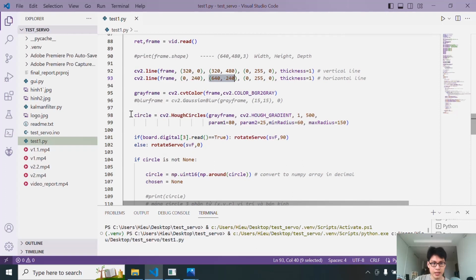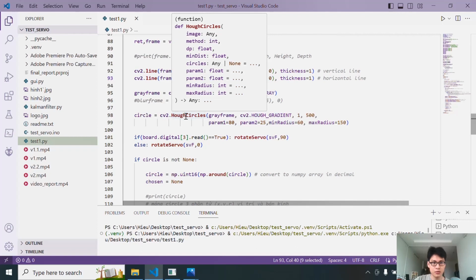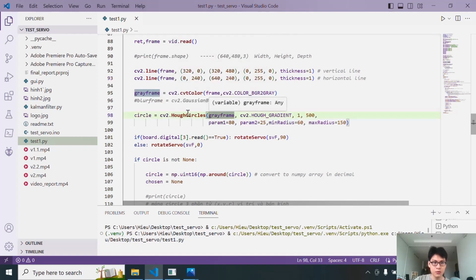and we create a variable circle to contain the value of the circle, including the position and the radius. To detect the circle, we use the Hough circle detection. The input of the Hough circle is the gray frame, and we use the Hough gradient method. After many rounds of testing, we choose dp equal to 1, and the min distance is 500. The min distance is the distance between two center points,